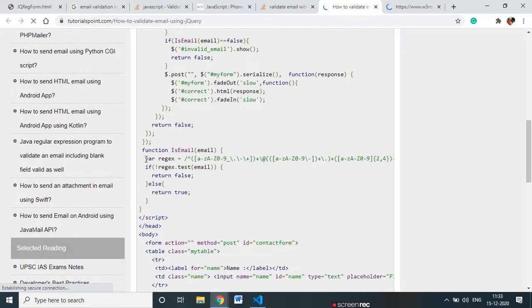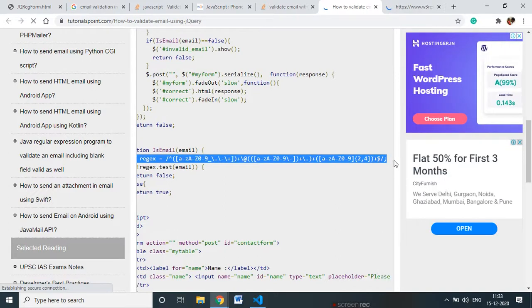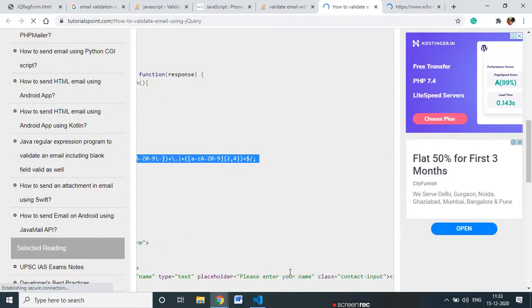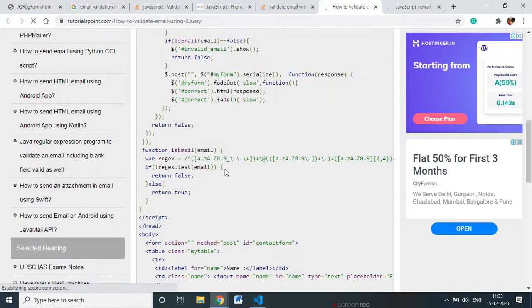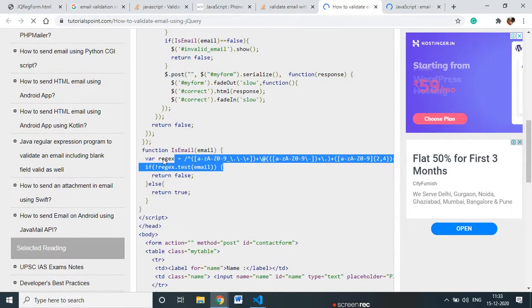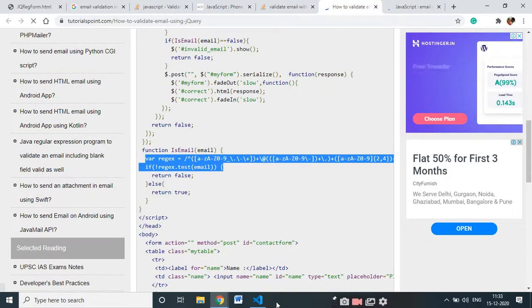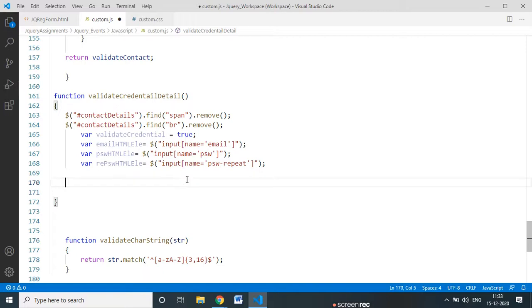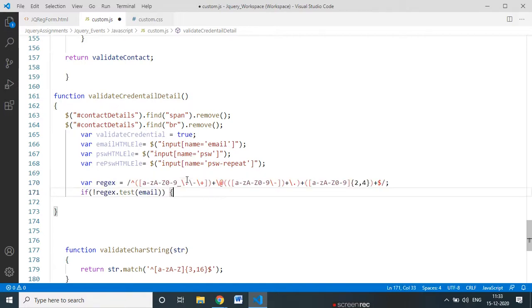See, the email validation is email. I generally trust W3Schools, or Tutorialspoint is also a good one. So I just select this. I know this is a regular expression, two lines. Go here and put this. So you need to do smart development: take the reference from Google and implement the things. So here the condition is there.